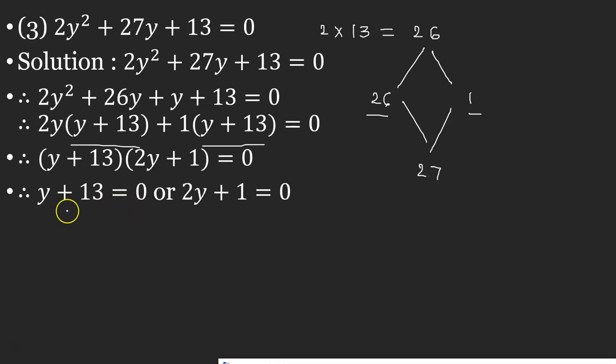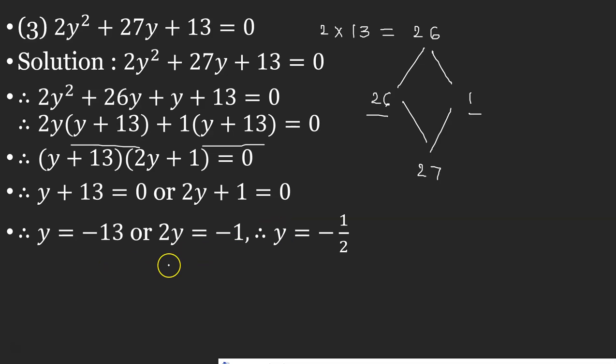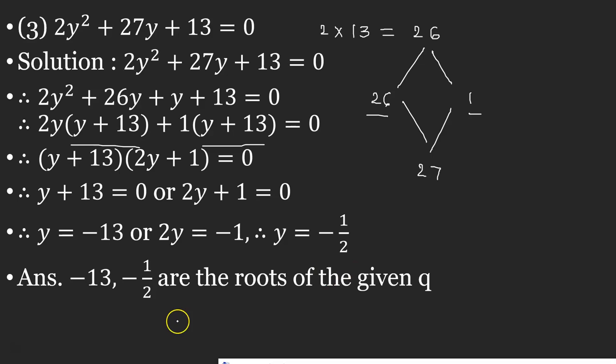Therefore y plus 13 equals 0 or 2y plus 1 equals 0. Therefore y equals minus 13 or 2y equals minus 1, therefore y equals minus 1 upon 2. And hence the roots of the given quadratic equation are minus 13 and minus 1 upon 2. Now next,